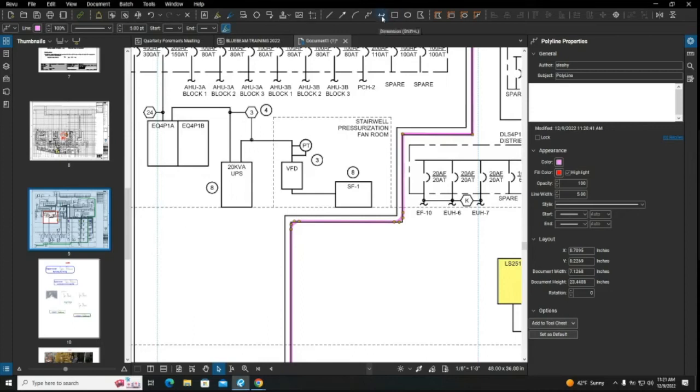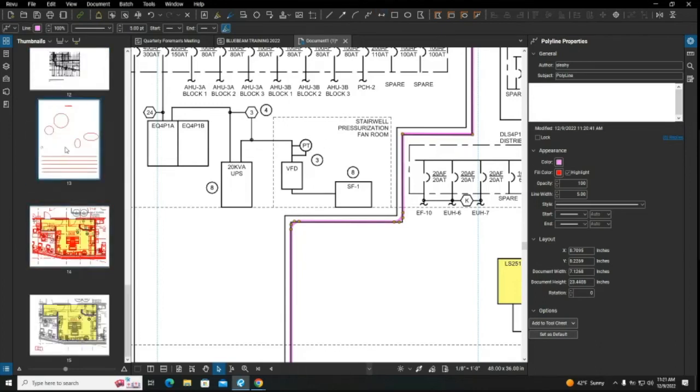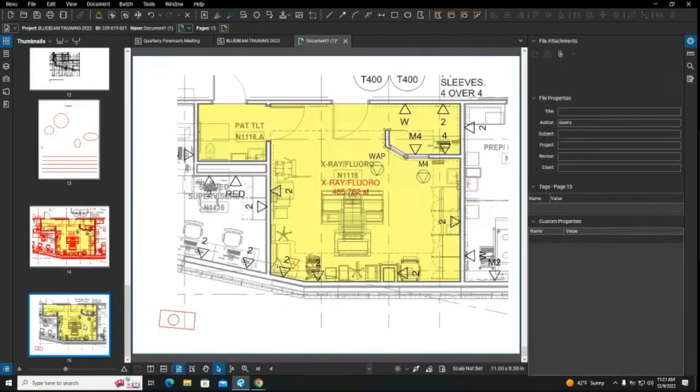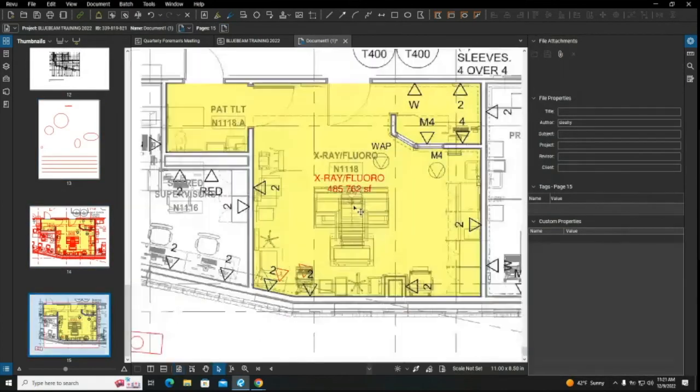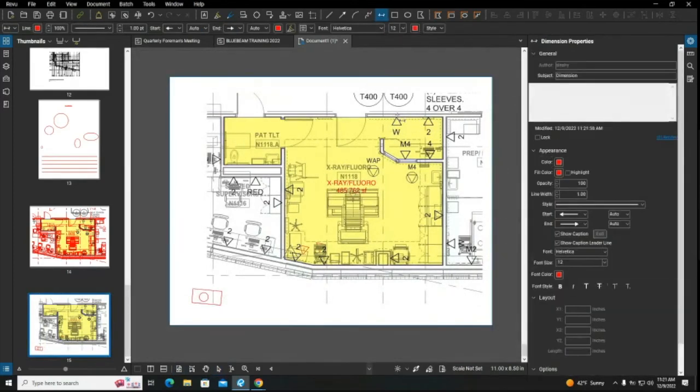The next tool we have here is the dimension tool. Now, you shouldn't confuse the dimension tool with the measuring tool. The dimension tool is really for when you're going to make a sketch or something. If you're going to make a sketch here and you want to say the distance between these two devices was 2 feet, you click on this thing and say, all right, from this point, and I'll hold my shift button, to this point,